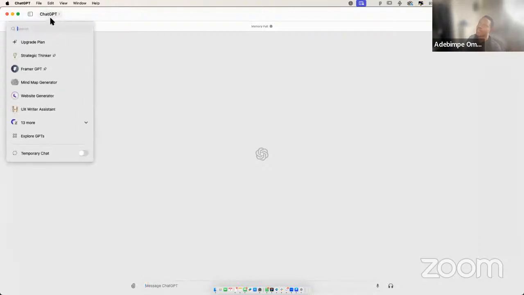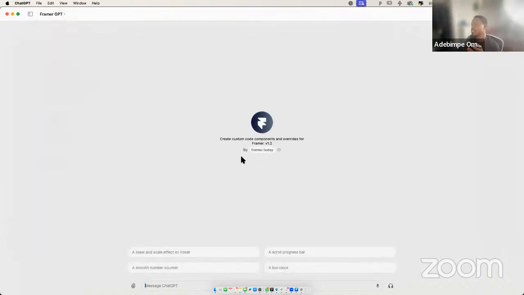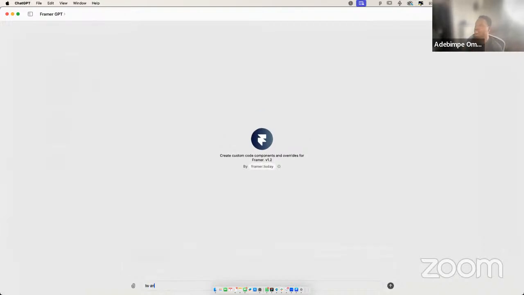Okay, so I was using the Framer Pro plan, but it's still allowing me to work with it. I switched to Claude. So if you don't have access to this thing, I'm going to send you a bunch of keywords, or now you can train ChatGPT or Claude to work with Framer, like writing Framer code easily, or you can literally just type it manually. So for example, you can see, give me a live clock, give me a progress bar, a skew, and all like that. So yeah, now I'm going to say, I want you to